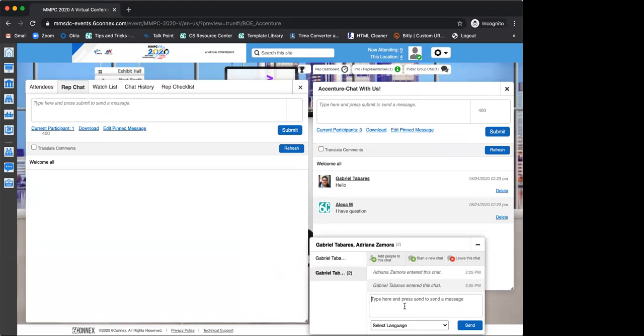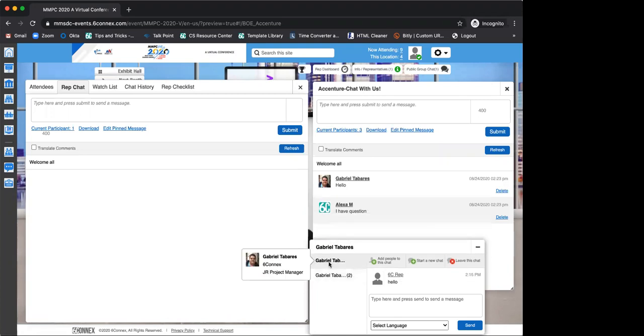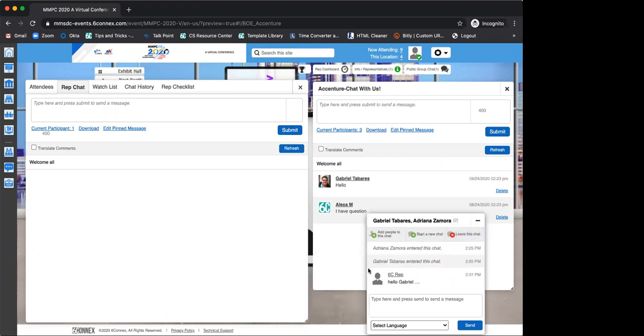So I can start typing and say, hello, Gabriel was interested in such and such, and I can start another conversation, but you will still have your own chat with Gabriel. If you want to leave this, just remember, leave this chat, okay? You will have tabs here for all your chats that you're having, so you can find them.